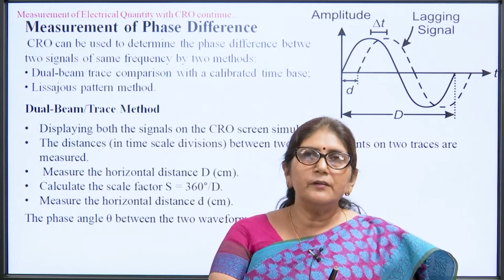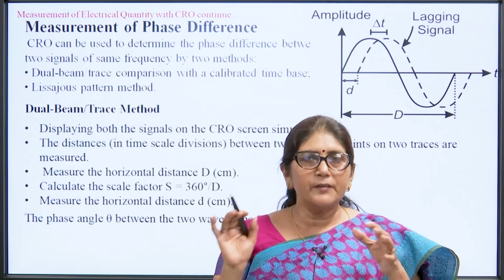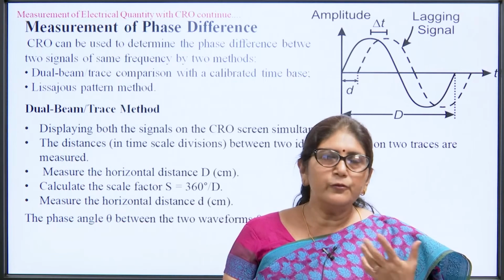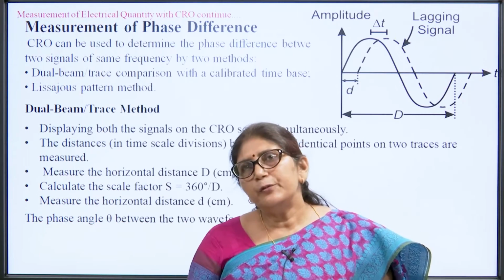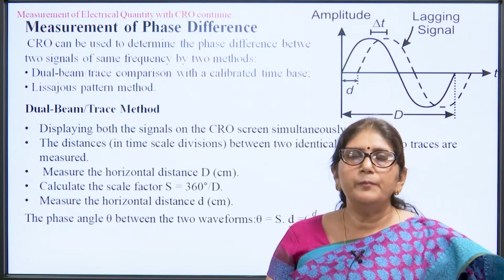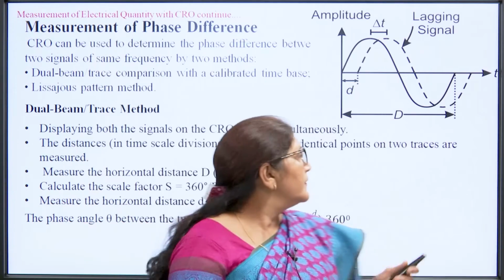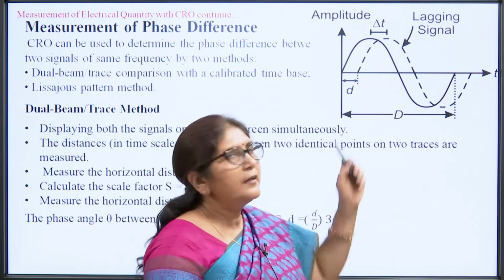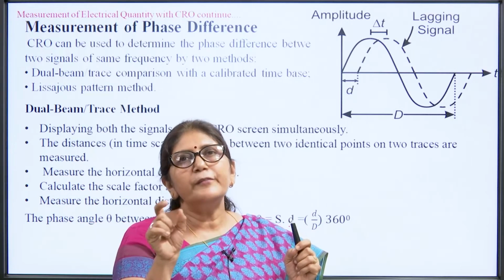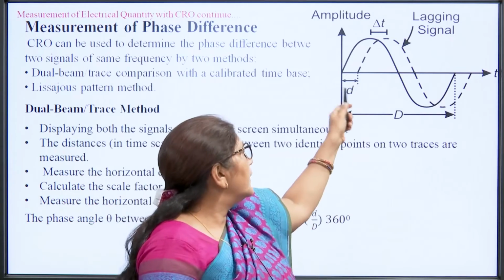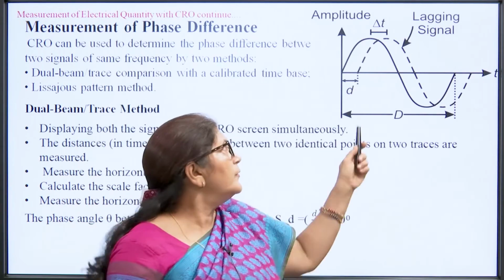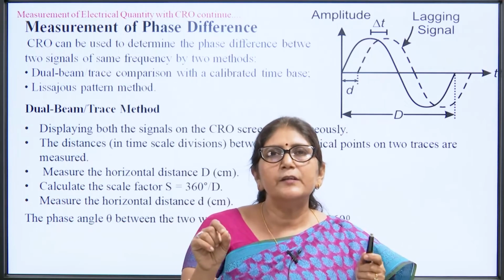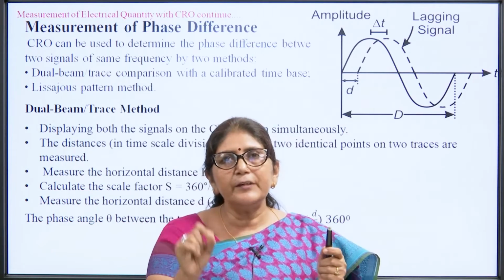First, suppose 2 waveforms are simultaneously applied at the input of a CRO in 2 separate channels, and suppose there is a distance d between the 2 waveforms. Suppose capital D is the total time period of the waveform, and small d is the distance in terms of divisions or in terms of time. So small d is basically the time difference or the phase difference